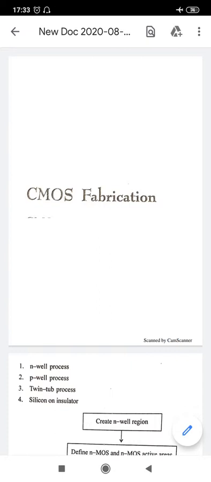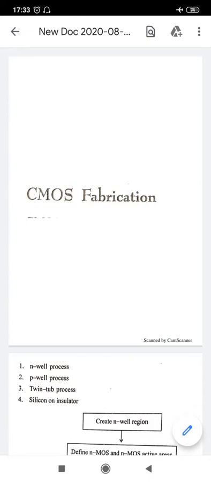So when a P well is created in an N type substrate, and an N well is created in a P type substrate, the N well is created for the PMOS transistors. And if we are making a P well, then we create it in an N type substrate, and the P well is created for the NMOS transistors. So according to that,